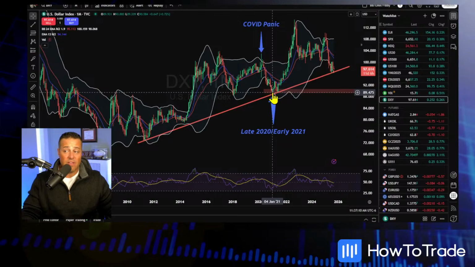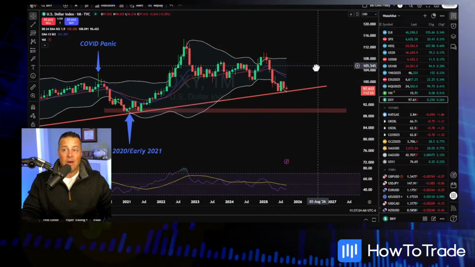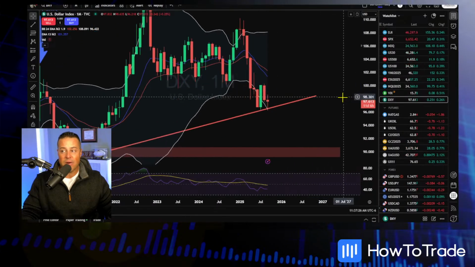COVID craziness right here, sort of the COVID panic, and then the big sell-off when we went to unlimited quantitative easing. That's before the U.S. dollar started tightening a little bit. But this right in here, take a look at what you had. That's a strong hit. So if this is your touch point, there's touch point 1, touch point 2, touch point 3. We're deciding right now what's going to happen to the U.S. dollar on a macro scale.